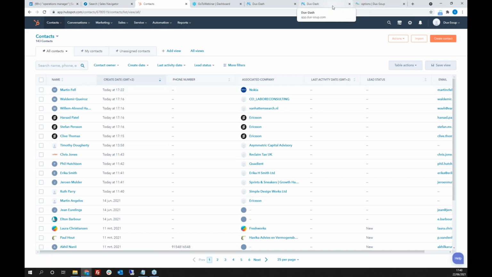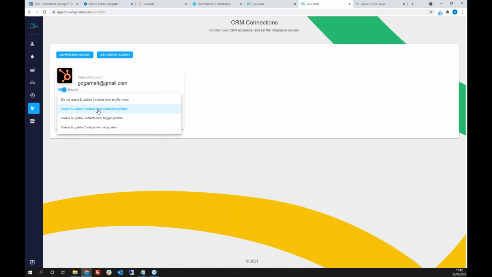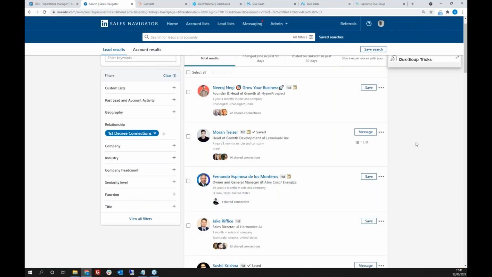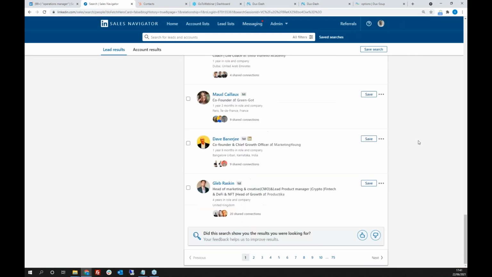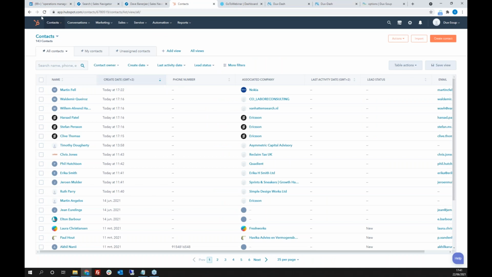So if we just go back here for a second, here was create and update contacts from connected profiles. You do have the other options there as well, but that's probably going to be the most commonly used one. So connected means they're already a first-degree connection. If I now just go and visit another first-degree connection, let's find someone just to visit. There we go. Let's just visit this person here. And once Dux Soup's got that information, what we should see in a second is that individual's details